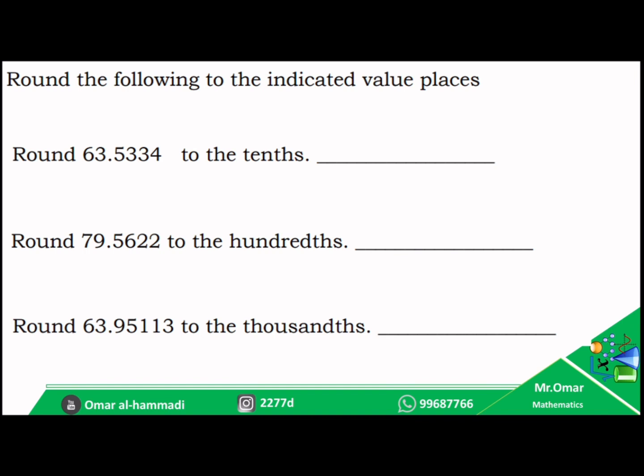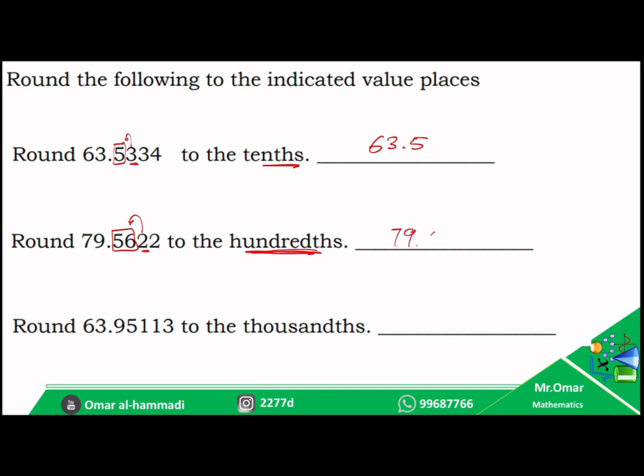Again, round the following. Round this number to the 10th. So the first decimal place, the one decimal place. 3 is less than 5, so it will give us nothing. It will be 63.5. And this one to the 100th. So the 2 decimal places. 2 is less than 5. It will give us nothing. It will be